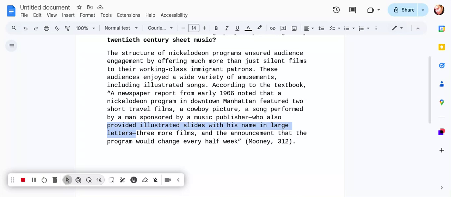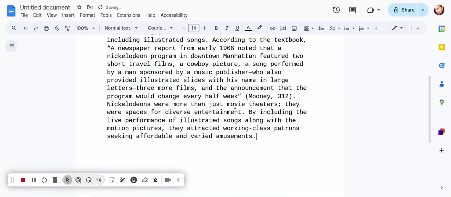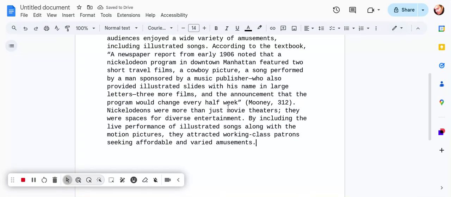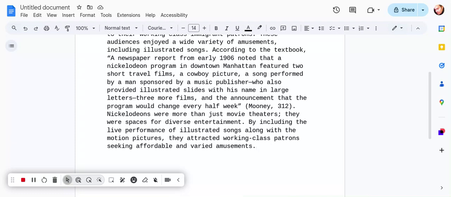And then finally, to wrap this all up, you need to explain why the evidence is significant. Why does it matter? Why are you bothering to tell us this? So, for instance, in this case, you might drop in this argument after the quote. Nickelodeons were more than just movie theaters. They were spaces for diverse entertainment. By including the live performance of illustrated songs along with the motion pictures, they attracted working class patrons featuring affordable